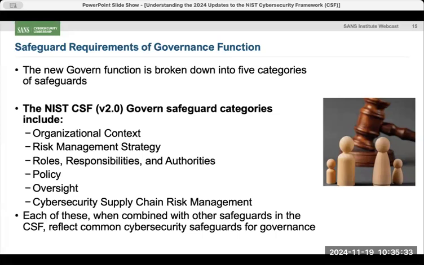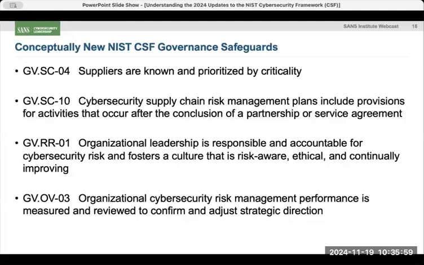And that's sort of a good analogy I've described to people: if we look at this new governance section, you'll see that there's a lot of good statements in there. You should absolutely be doing those things. Are there possibly gaps of things you might want to add into that? Yeah, probably. But overall, is it a good list of good governance safeguards? Yeah, I'd say it's a good place to get started. But again, it's not designed to be comprehensive. It's designed to sort of focus on some of the more important things that they want you to think about.